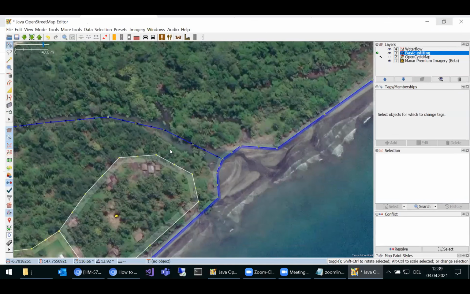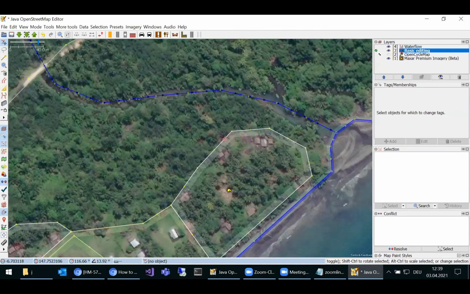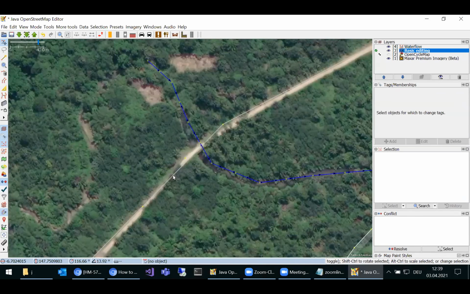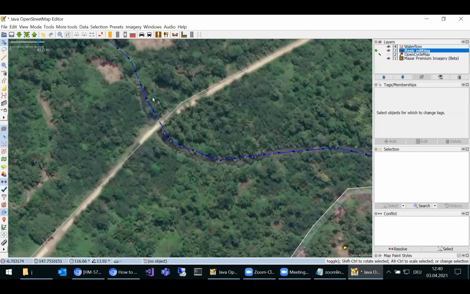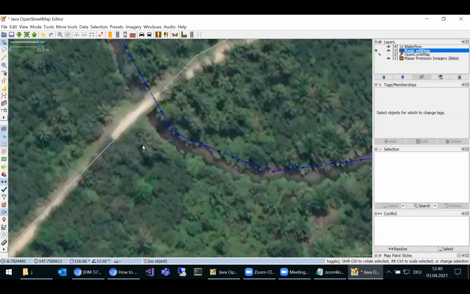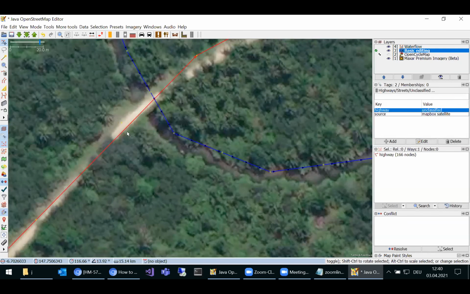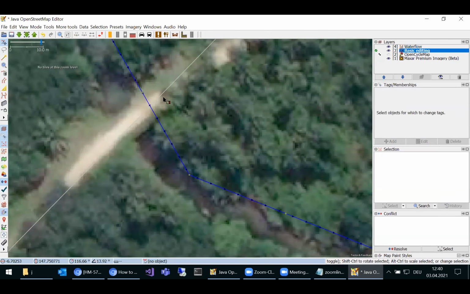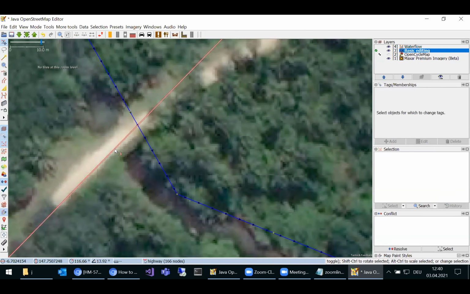So then we have something which doesn't look nice here. It's that crossing between a highway and this river. And of course, that's not as it should be. And we can see, well, this is pretty clearly not a ford, but a bridge. So here we already, so this road, okay. This here, that's something spurious. So first of all, we have to separate this road because we have to deal with this stretch, which designates the